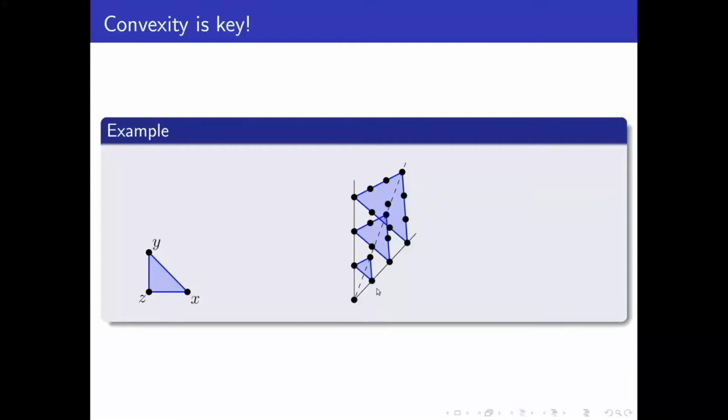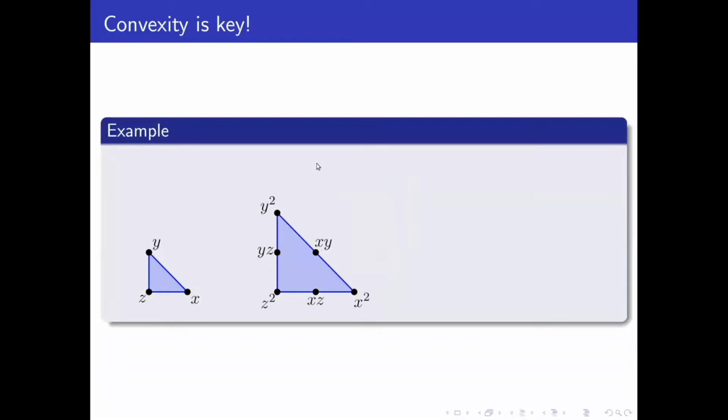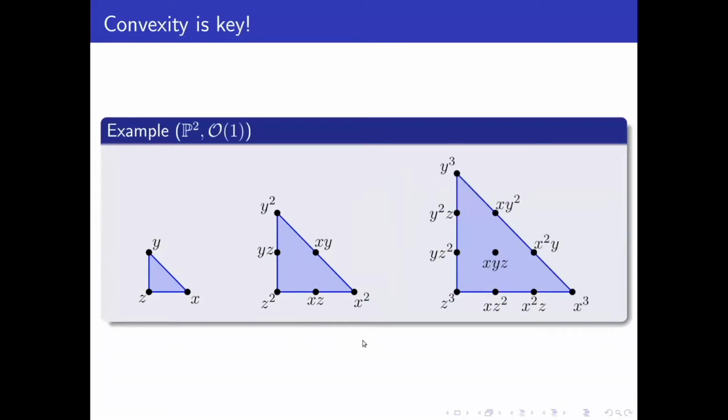So for example, if I have the vertex corresponding to point X and the vertex corresponding to point Z, well, if I add those vertices, I should get the vertex corresponding to XZ. So at level 2, I wind up with this polytope and corresponding vertices. At level 3, I get this polytope and corresponding vertices. At level R, I'll have, well,